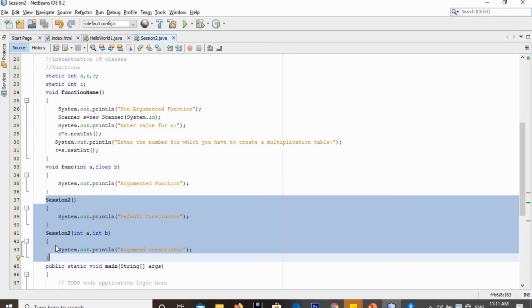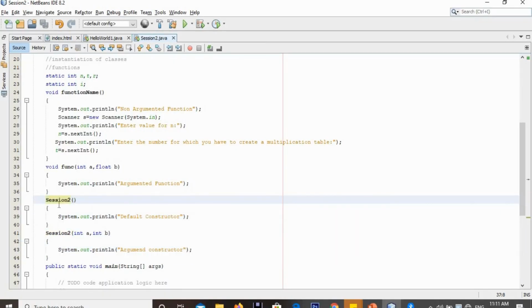That is, the constructor name is the same, and these two constructors differ by the type and number of arguments. One constructor has no argument, whereas our second constructor has two arguments. So constructor overloading is nothing but constructors with the same name but different types of arguments. This is also the case with function overloading.